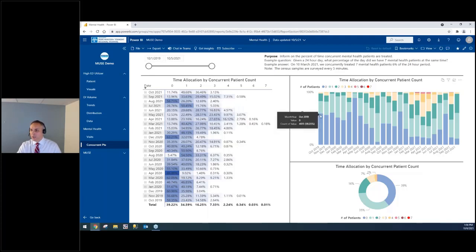You can see a stacked bar chart where back in October of 19, we had 60%. We did 60% of all October. We didn't have any mental health patients. And if we hover over the light turquoise, 23% of the time we had one mental health patient, and then 14%. And then again, the circular pie chart down here in the lower right, it's just a different way of